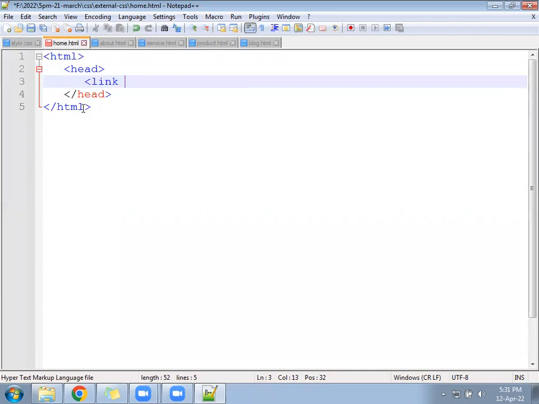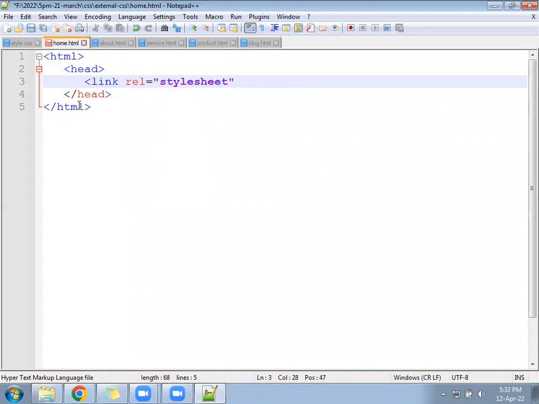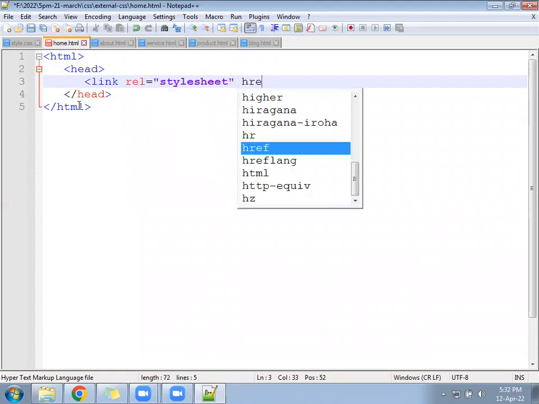We have to write the REL keyword here. The REL keyword defines what type of file you are going to call. So rel equal to stylesheet.